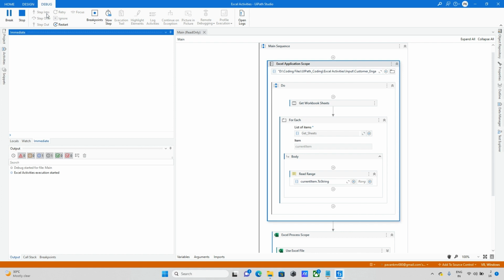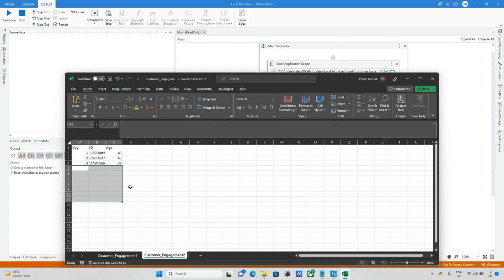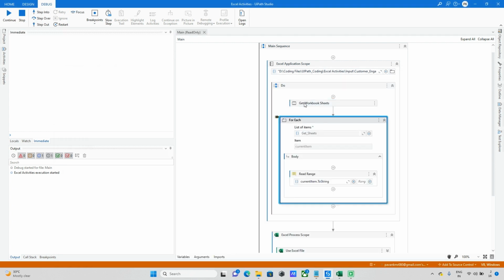So step into it, the Excel file has been opened. It will take some time to load. You can see both having the same data. Now I will remove a couple of data from there, just for understanding purposes. Okay, now in this Get Workbooks, whatever workbooks are available in the particular Excel workbook, it will give